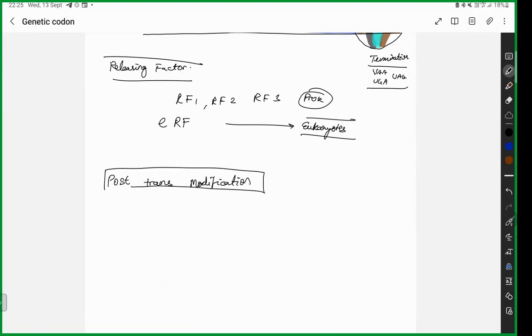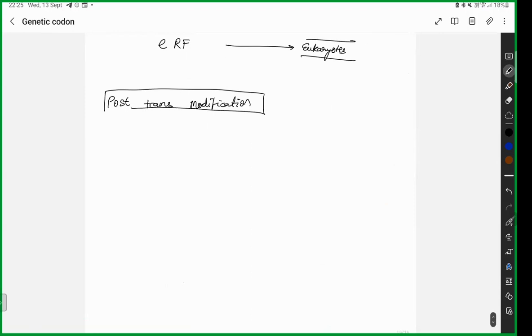So you have 20 amino acids, 20 tRNAs. Pre-translational modification is going to form 20 aminoacyl tRNAs. Then it is going to form nascent polypeptides. You know, right? These nascent polypeptides undergo certain post-translational modification. Everyone says post-translational modification, but I am going to tell something different, that is called co-translational modification. So put the heading as translational modification.